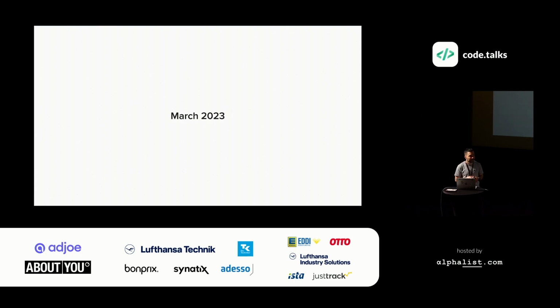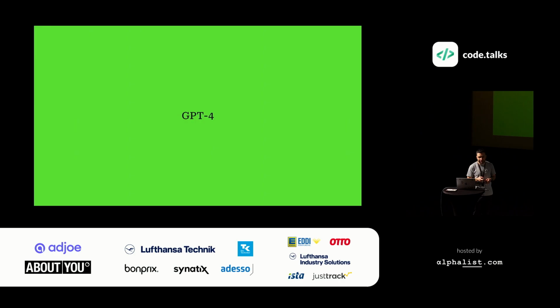A lot of things happened. Silicon Valley Bank collapsed, for instance, but it's not important for us because in March 2023, the GPT-4 model was released, and we were early adopters of this model. And this really changed everything for us because obviously we tried GPT-3 before. It worked fine for us, but the quality of the data GPT-3 produced was not as good as our internal models. But GPT-4 changed everything, really.